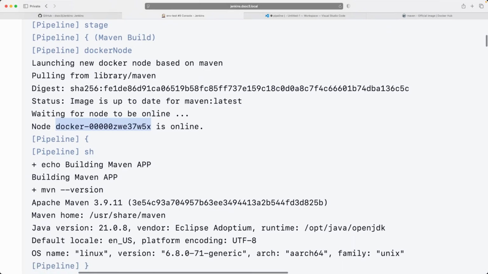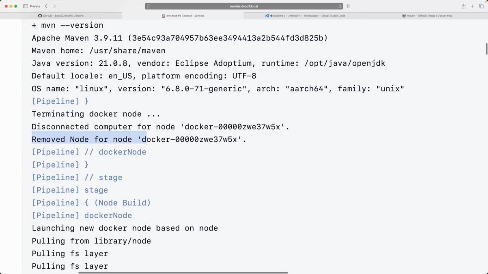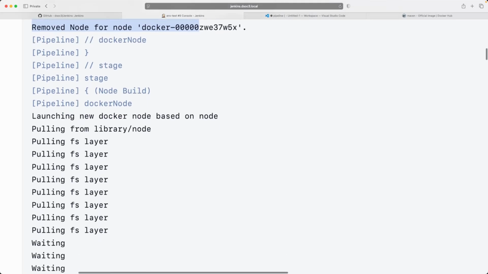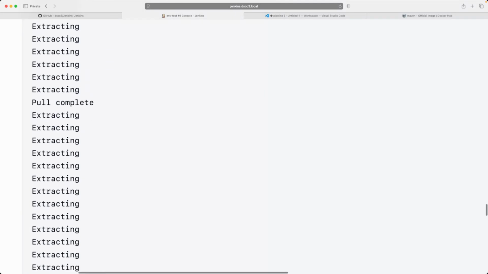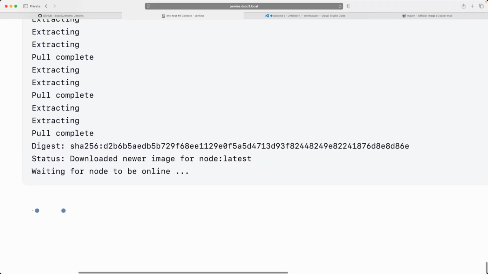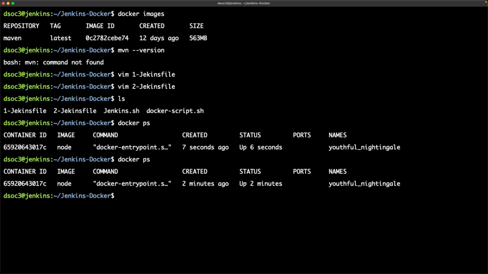But in this case, what happened? It was removed, and when it started to launch, the first time it has to pull the image because it didn't find any image. After downloading, it tries to spin up the container. What happened exactly? If you see, the container is already started, but the problem is it is not able to connect with the Jenkins master or Jenkins controller